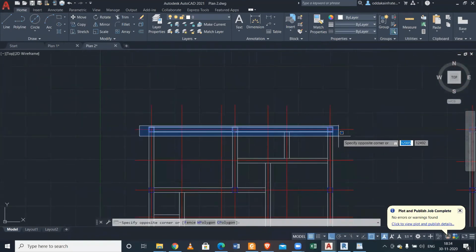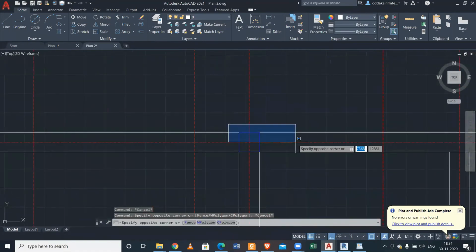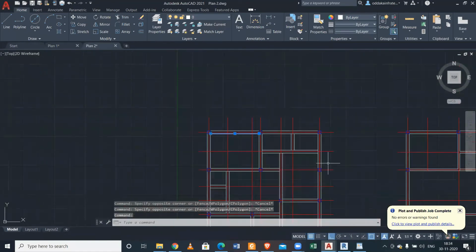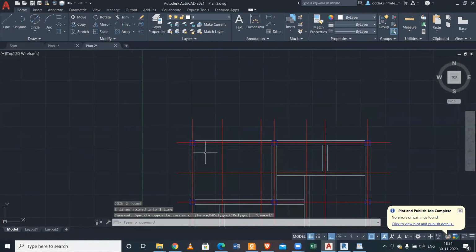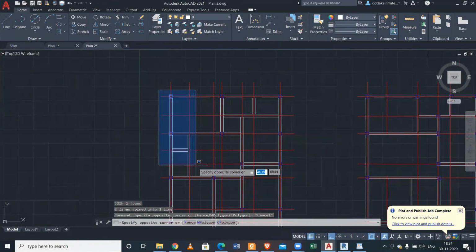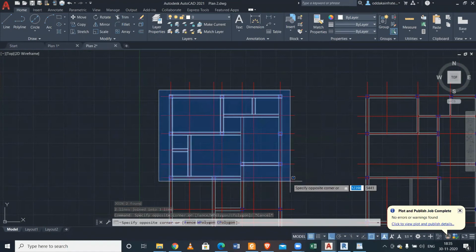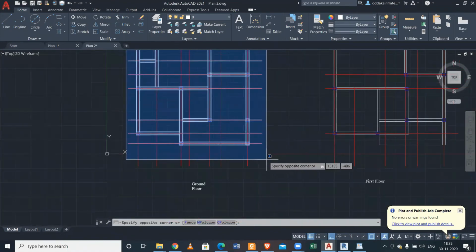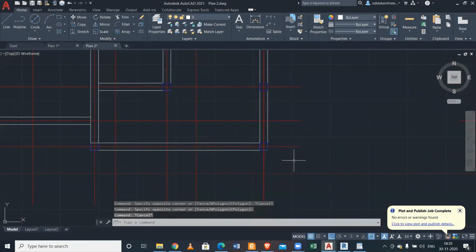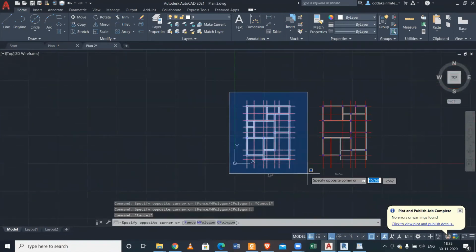I think we have some from here, right? Better you join the lines as far as possible, so that there are no overlaps, and you can manage.